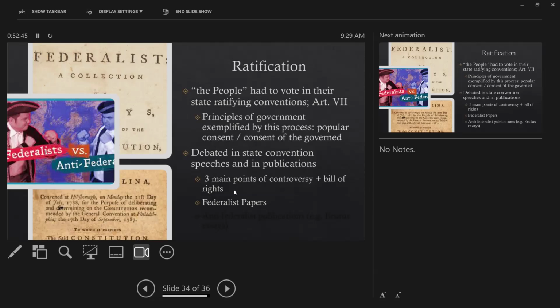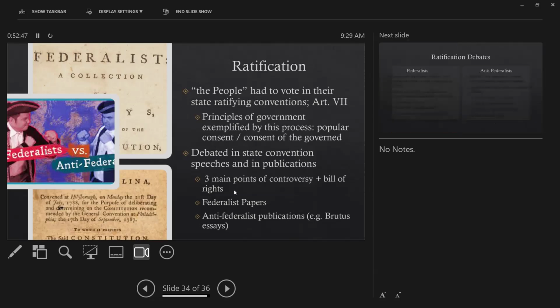In those Federalist Papers, you had the arguments for ratification laid out. But those who opposed ratification, whom we now call anti-federalists, weren't organized the way the Federalists were, so they didn't really have an official title. But they were the people who were opposed to ratification. They wrote their own articles and published them in newspapers. So you kind of had this back and forth going on in these essays that were being